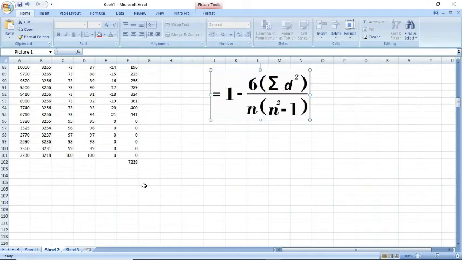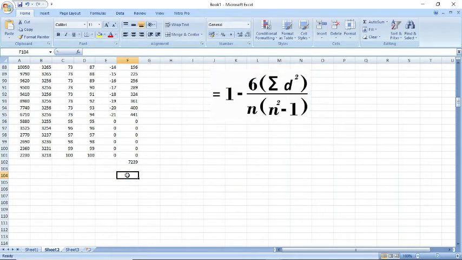So now finally we need to get the 6 multiplied by this. This is equal to 1 minus, bracket open,